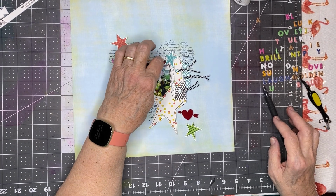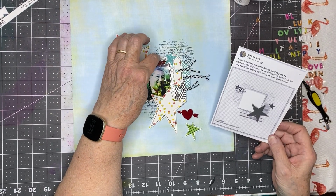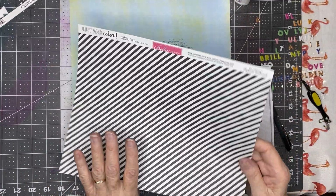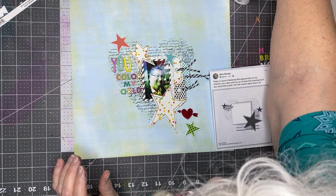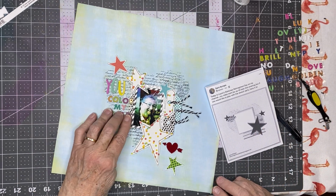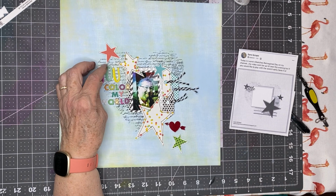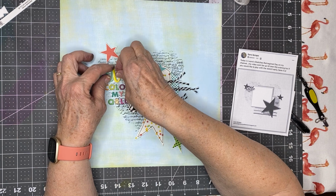There are multiple layers behind Laura's photo here, and I've got the black and white Bella Boulevard Just Add Color paper. This is the original, and I used the reverse of it. There was a scrap, and I had enough room for both of those. So it's all scraps all the time, and actually scraps from that card as well. And the fact that the colors in the